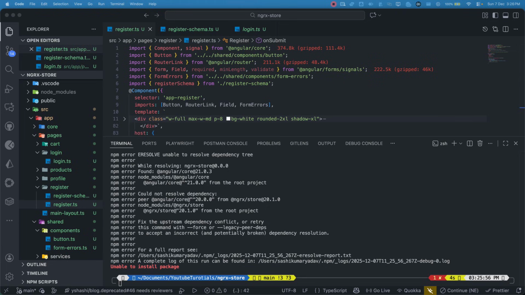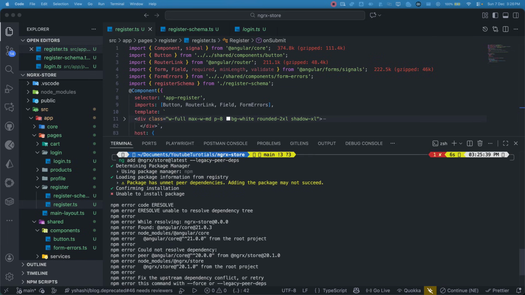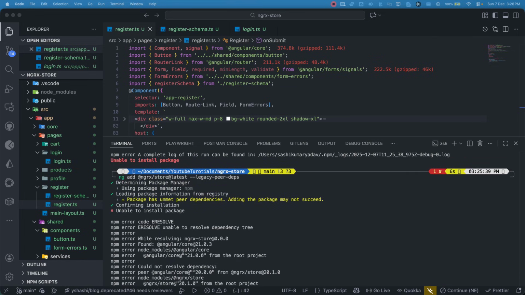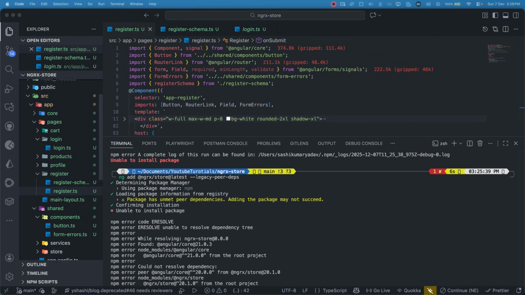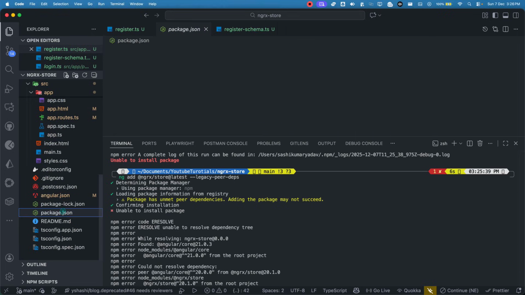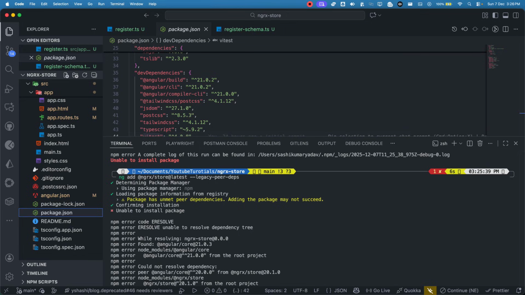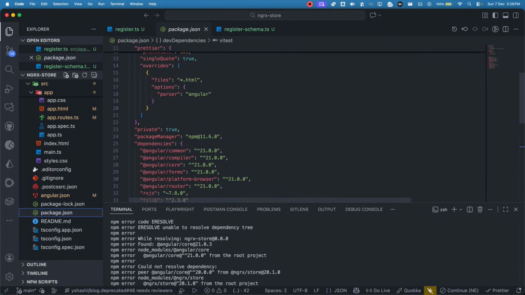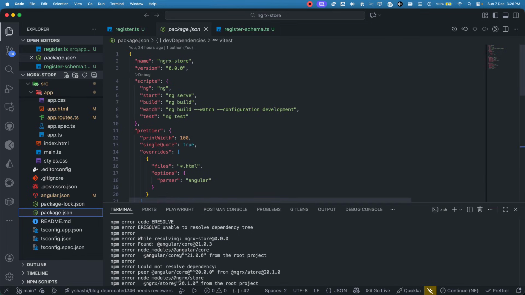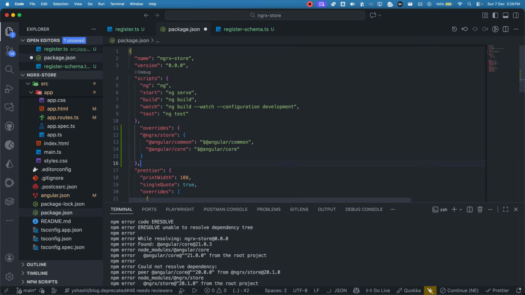Let me also try that part. If not, then we have to manually install it with npm install. So currently we are trying with ng add, but if it doesn't work, then we will go with npm install with --force. But let me try this one last step, which I did last time, and that time it worked. So go inside your package.json, and just below the scripts you need to paste this override,